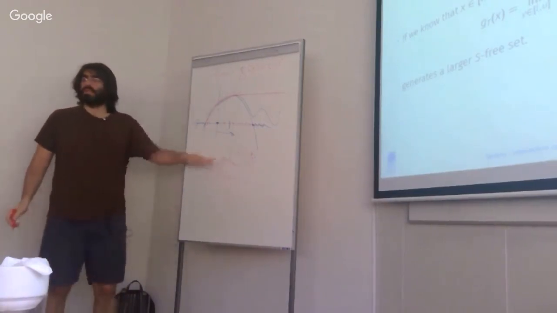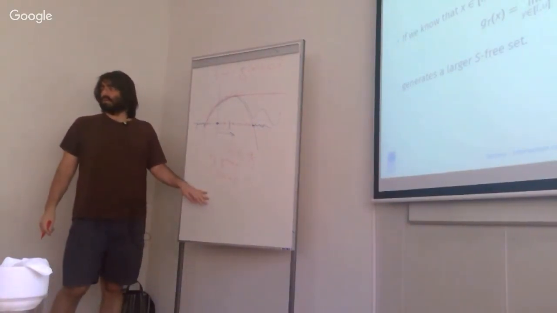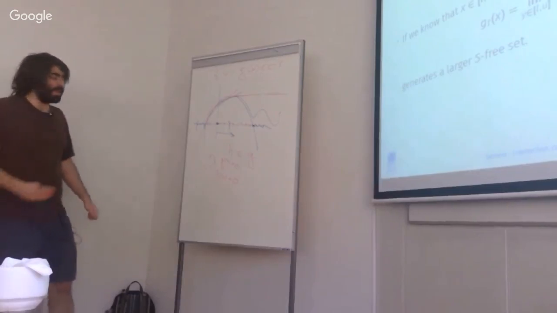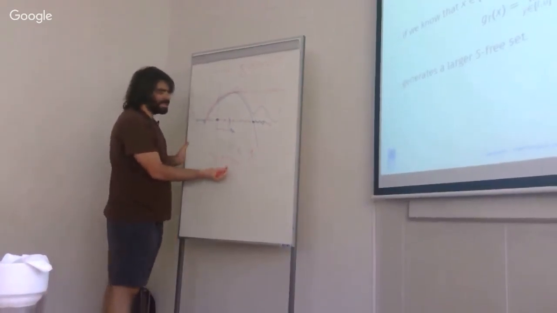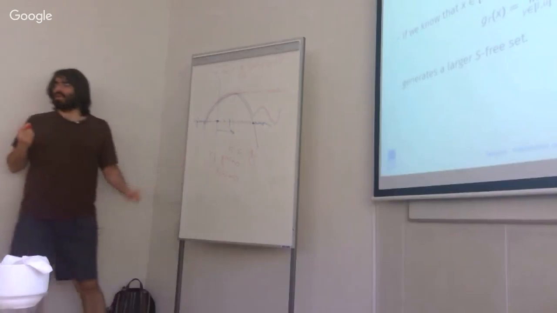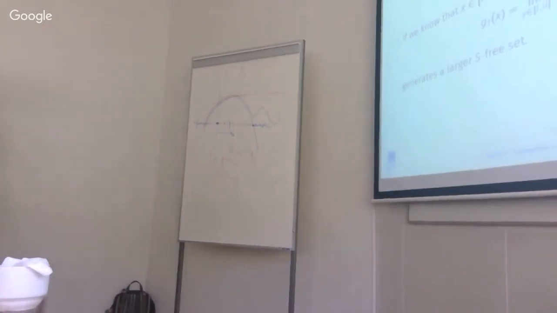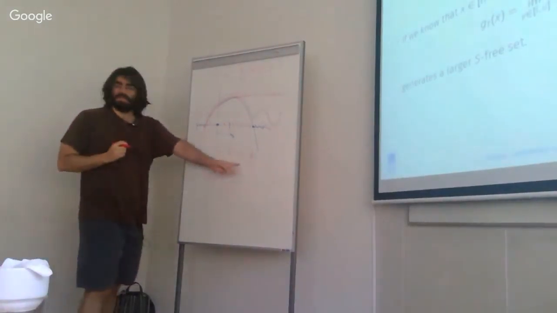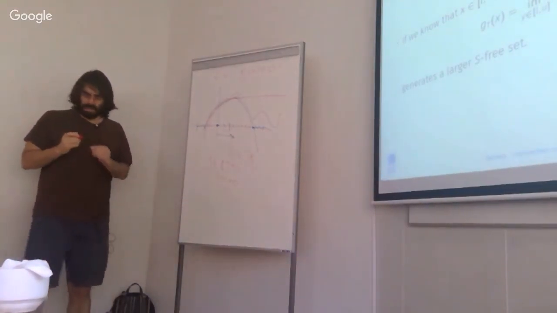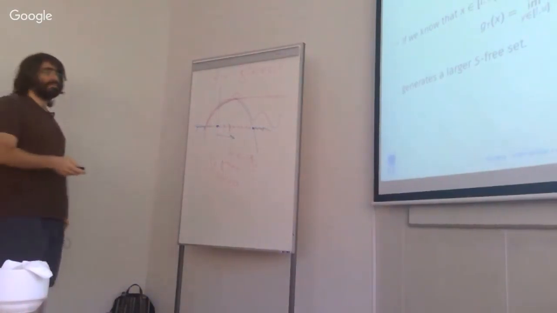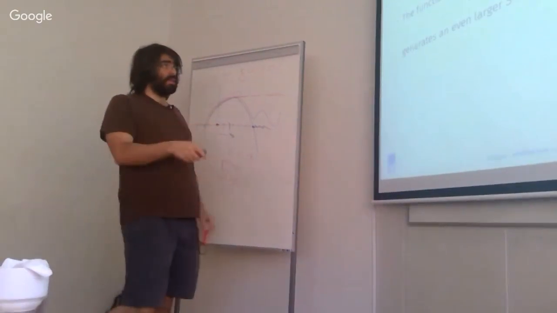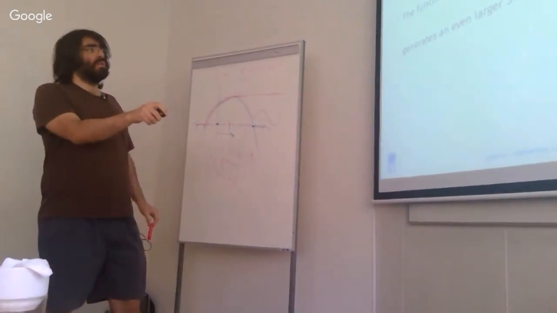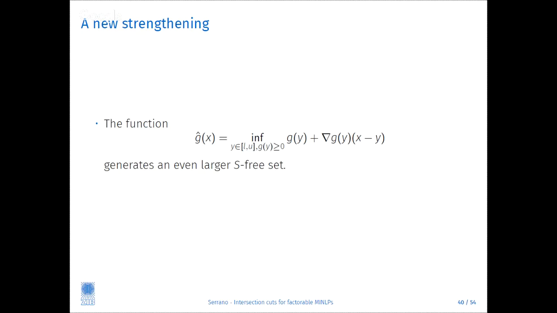This is what the underestimator enforces. But I don't really care that h is actually smaller than g. I only care that it's non-positive when g is non-positive. So the strengthening would add this extra condition. One can prove that this function is still concave,